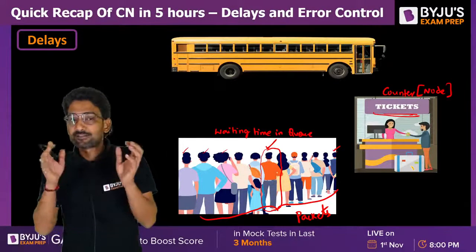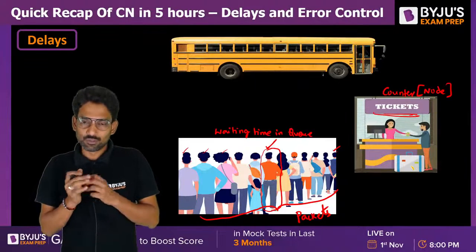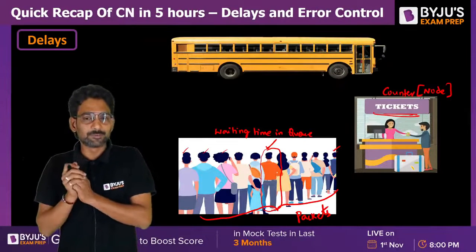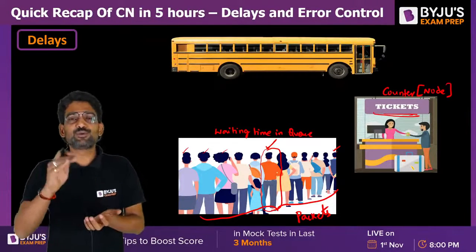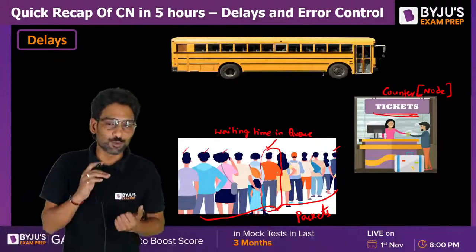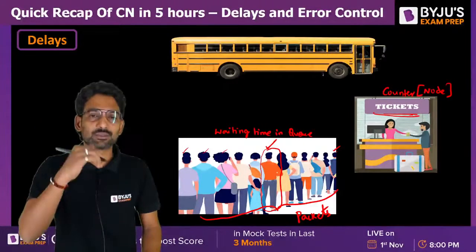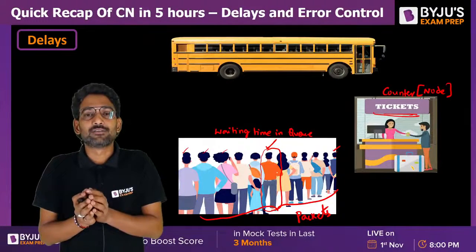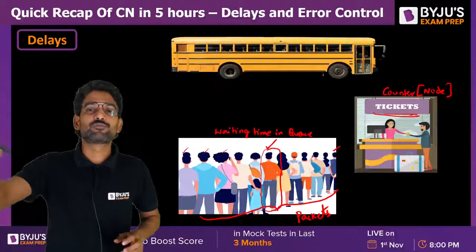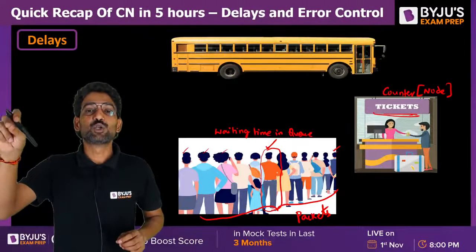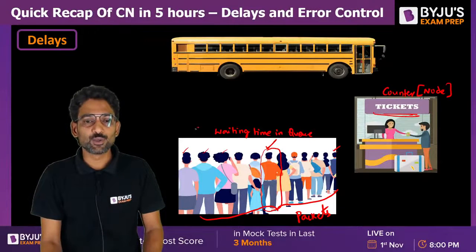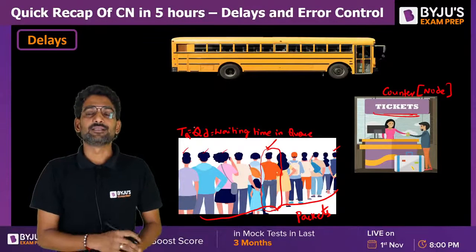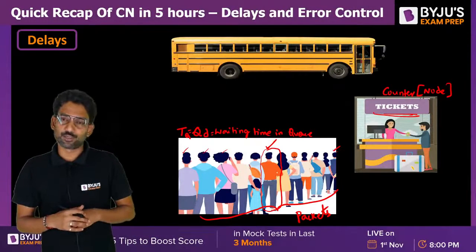In that header, several fields will be there. So to add all those fields, some time will be required, right? Without control fields, you alone cannot travel. Without collecting a ticket, how can you board the bus? In the same way, the time taken by the packet waiting in the queue for the node is called queuing delay. TQ, or queuing delay, is equal to the waiting time in the queue.